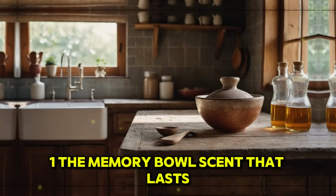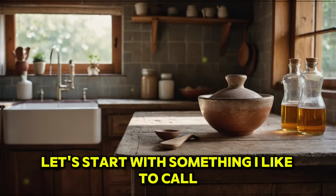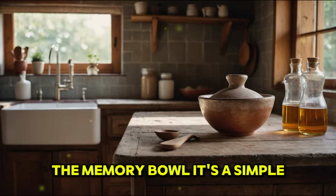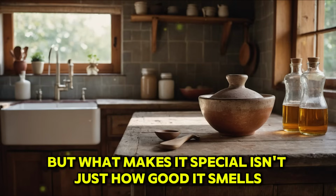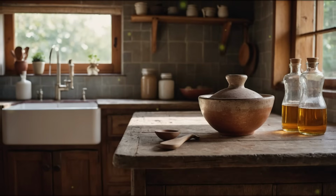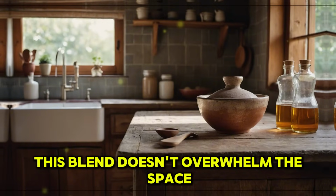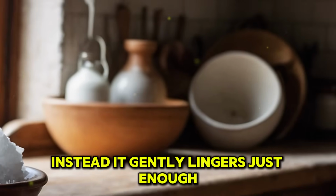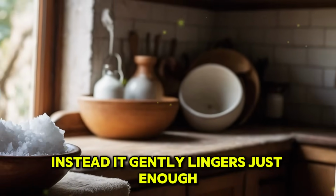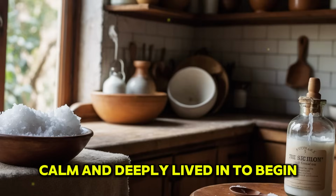1. The memory bowl. Scent that lasts. Let's start with something I like to call the memory bowl. It's a simple little mixture you can place in almost any room of your home. But what makes it special isn't just how good it smells, it's the feeling it brings. This blend doesn't overwhelm the space. It doesn't mask anything. Instead, it gently lingers, just enough to make a room feel clean, calm, and deeply lived